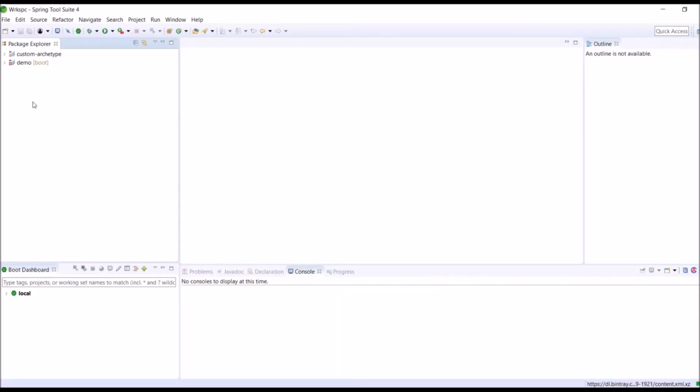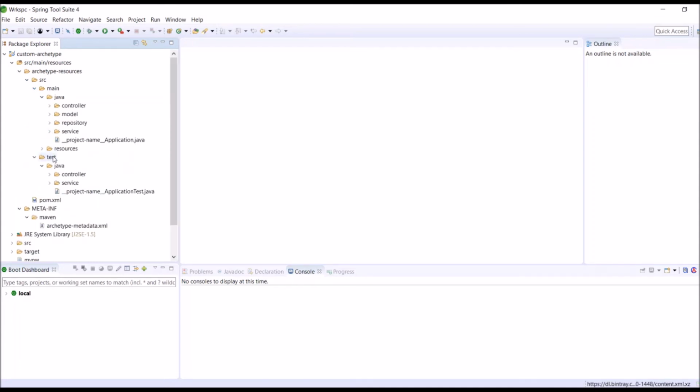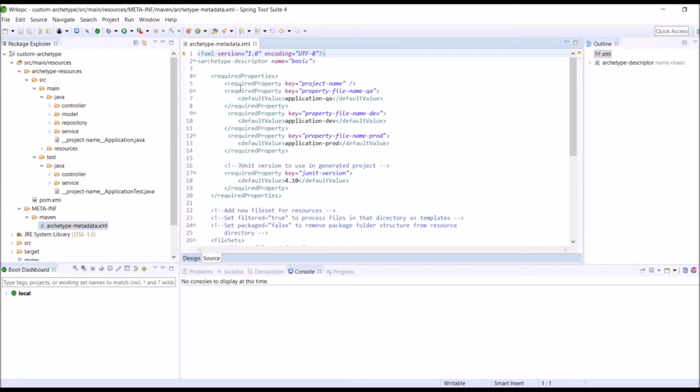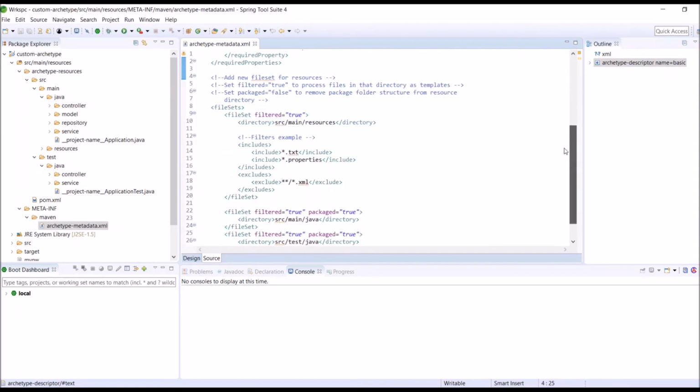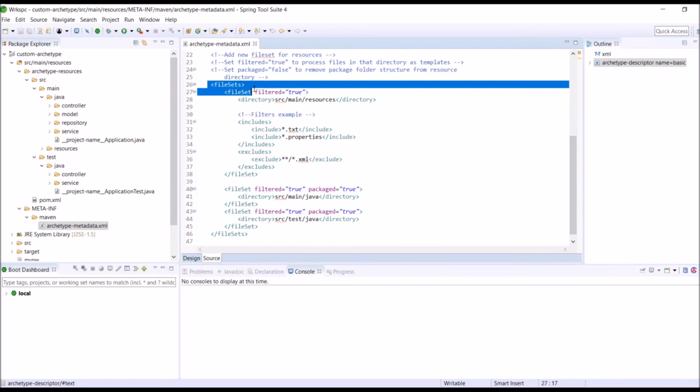Now let me expand this custom Maven archetype and show you the prototype files and the archetype descriptor. So here you can see we have archetype-metadata.xml, which is the archetype descriptor, and if we open this archetype descriptor, all the required properties you can put inside this requiredProperties tag, and the folder structure you can put inside fileSet.